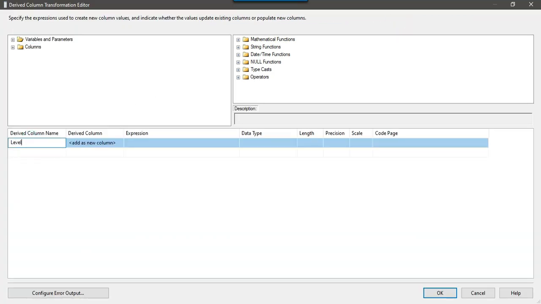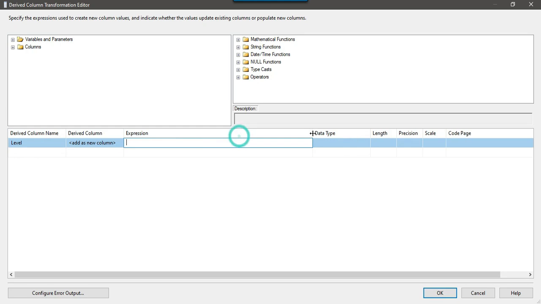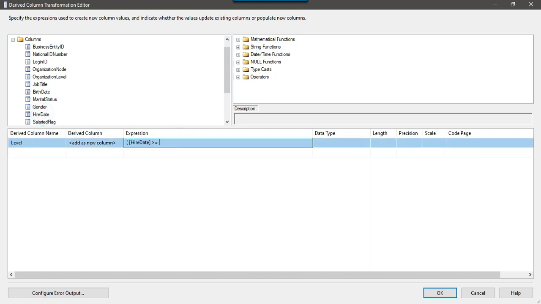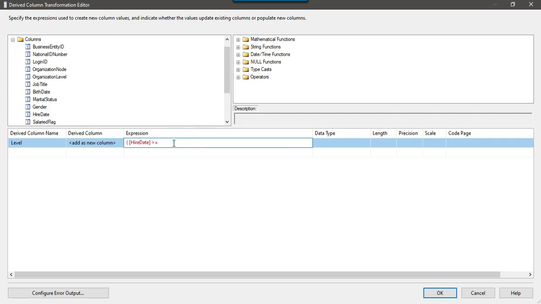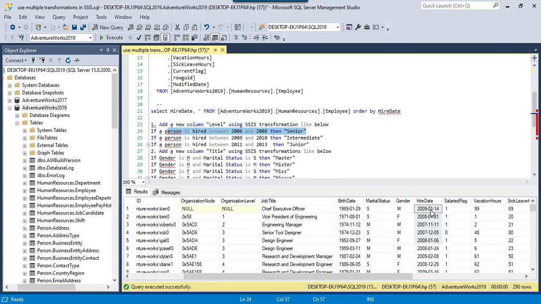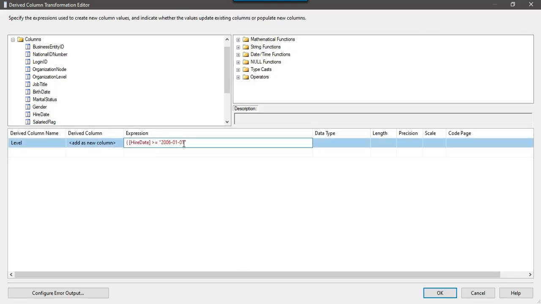The new column name will be label, and in the expression, I start a bracket and drag and drop the hire date. If a person is hired between 2006 and 2008, then we want to put senior for the label field. So we can write: if hire date is greater than or equal to 20060101, because this is how the data is stored, as year, month and date. So if the hire date is greater than or equal to 1st January 2006, and